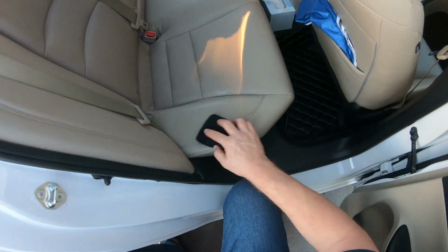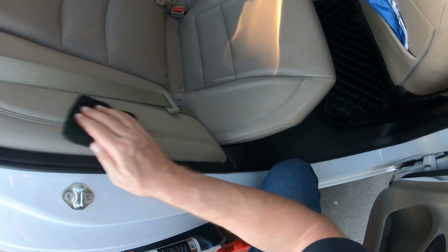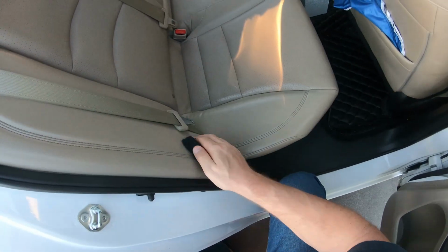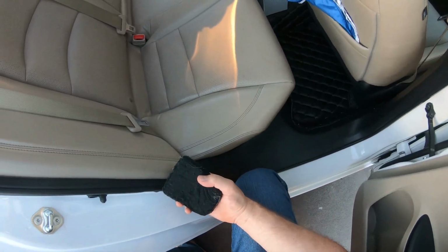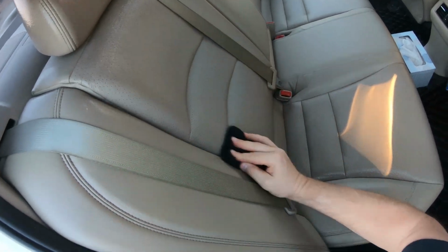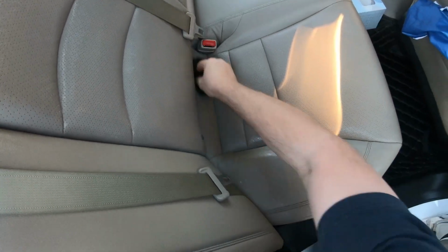Spray it on my applicator here. I'm going to work that into the leather. I'm not super impressed by the leather I've had with my Honda. It wore out really fast. I had one section replaced and then it wore out again months later. Even though it's supposed to be a higher end, breathable leather, I'm not super impressed. But I am in Arizona, so you're going to have to put a dressing on it like this and keep it moisturized, clean it off, and